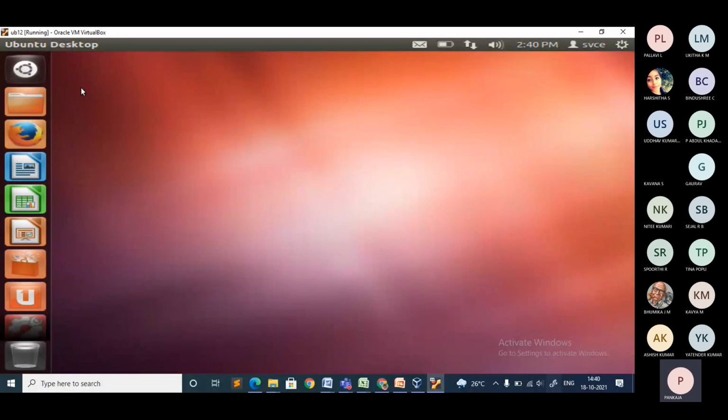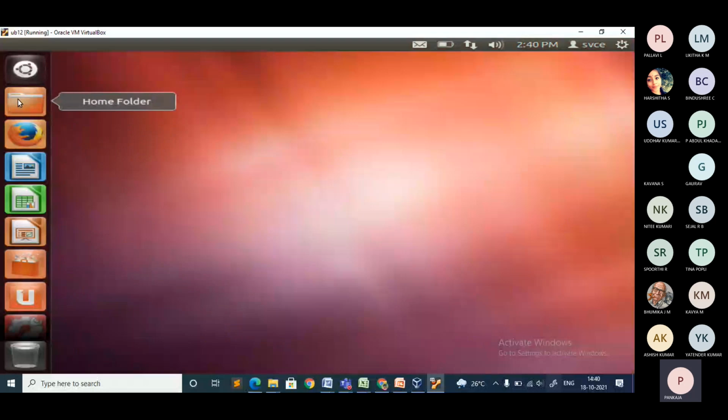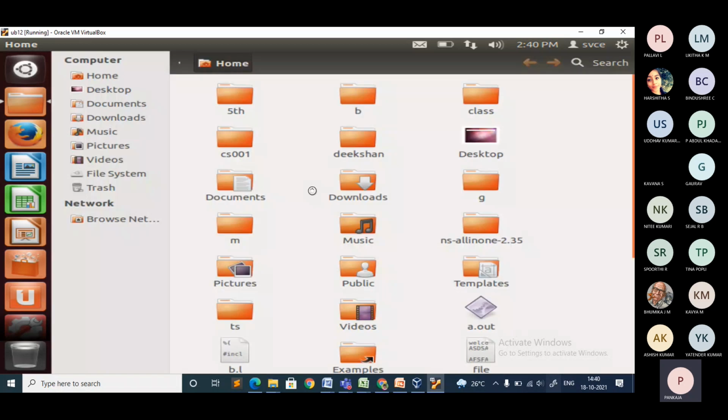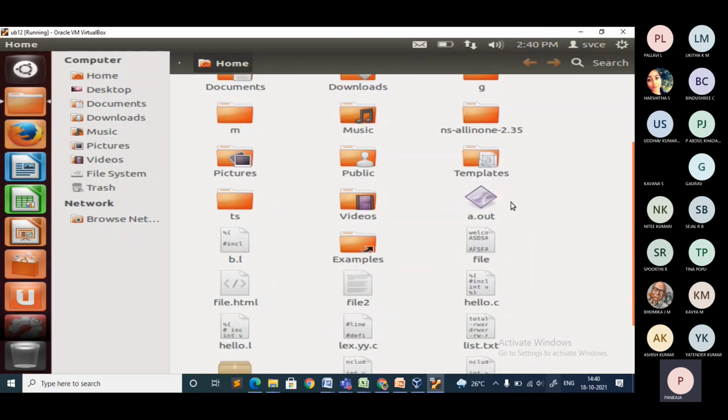So once you log in, you can click on dashboard. Okay, it is not required to click on dashboard. You just click on the home folder, where you can see the folders and files I have created, which are stored in the home folder. Maybe in the previous class I showed how to create directories and all those things. All those files you can see there: an output file, an object file, and also a C program file,